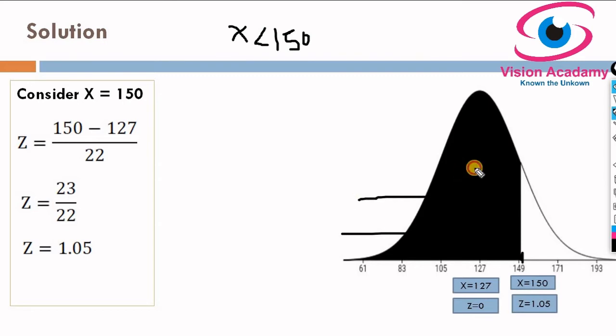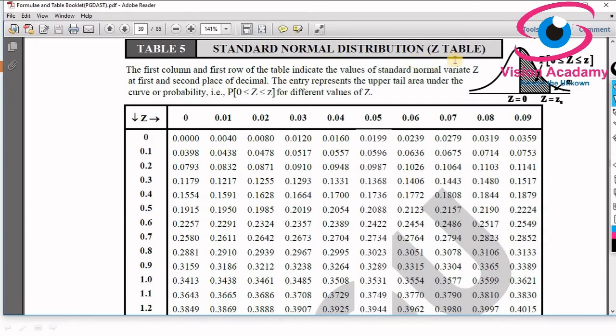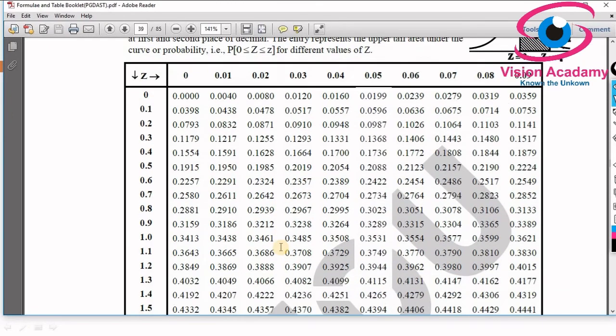Anything below 150, I have shaded, which means all the semiconductors are going to be acceptable if they fall below 150. So our interested area is the whole shaded area, which is our actual proportion for this problem. Then let us see the table for 1.05. They have given it directly, even though for our convenience let us recheck it. This is a standard normal distribution Z table for the upper tail, and we have to look into the value of 1.05. Here our 1.0 is here, and next 1.1 is here.